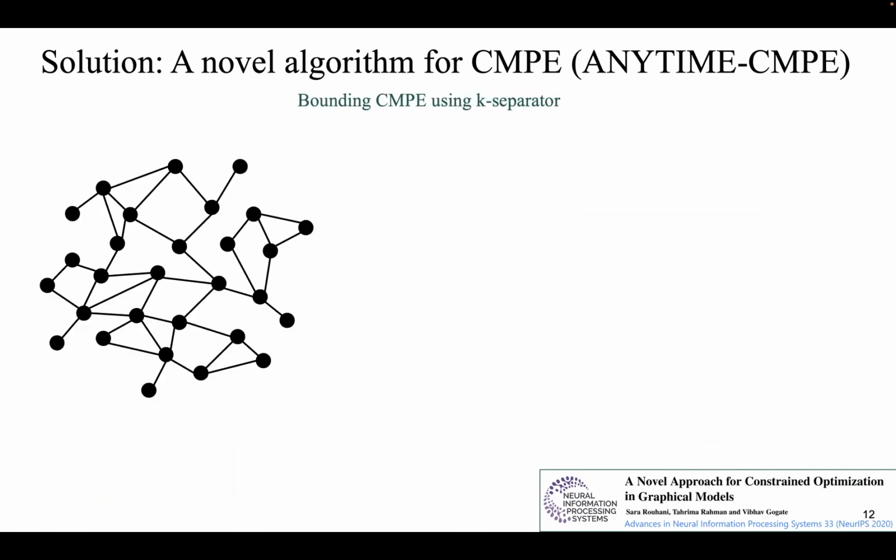So to solve this problem, and in general, graphical models that we use in practice are not going to satisfy this constraint, right? So we'll have a fully connected model in this case. So to solve this issue, what we leverage is this graphical structure of PGMs, and propose to bound the size of the components by using cutset conditioning, specifically by using a graph concept called k-separator, right?